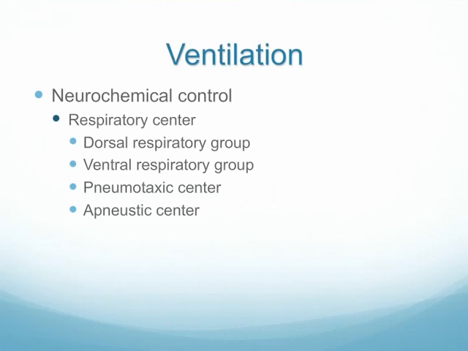Ventilation is controlled by neurochemical control from the respiratory center. There are a number of areas in the body where the respiratory center is going to control your amount of ventilation. Let me give you a couple examples. Different areas of the body can sense that we need an increase in ventilation. For example, there are sensors in some of our big muscle groups, in the big joint areas, that if we're doing exercise in that area, they're going to stimulate an increase in respiration, because the assumption is being made that